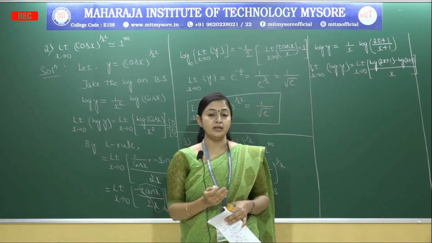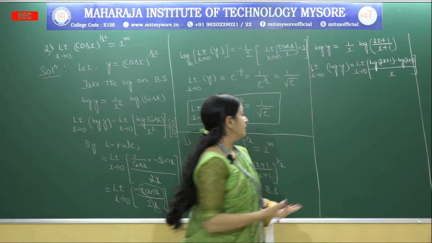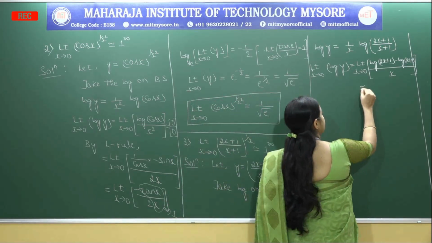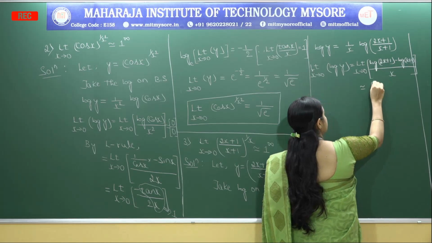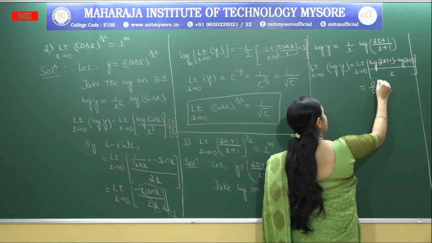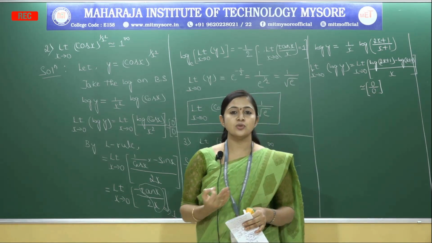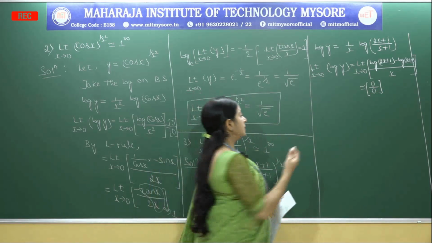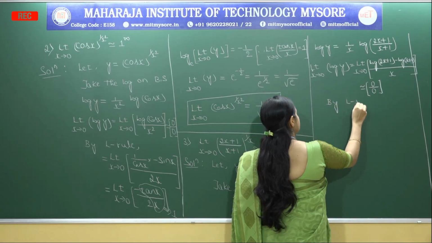Then apply the limit, check whether it takes the 0 by 0 or infinity by infinity form. If the first term is log 1 minus log 1, you will get 0 in the numerator and 0 in the denominator. So the given problem is reduced to 0 by 0 form. Then apply the L'Hospital rule. By L'Hospital rule,